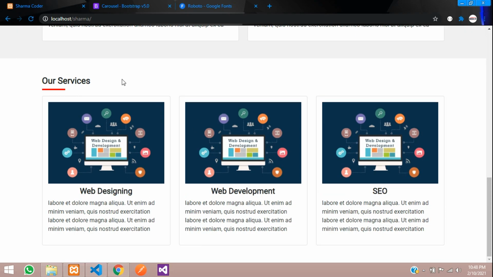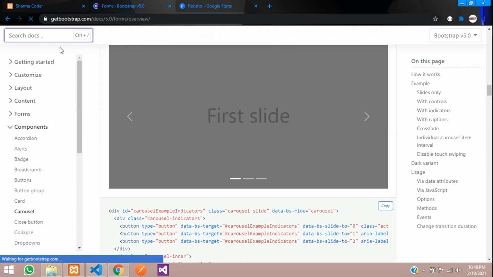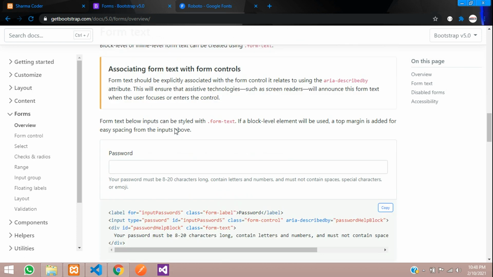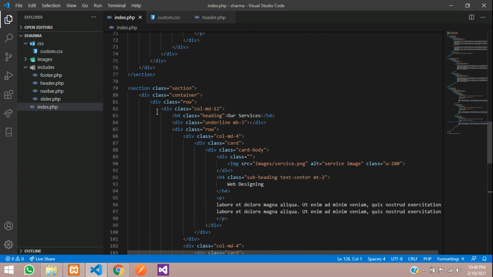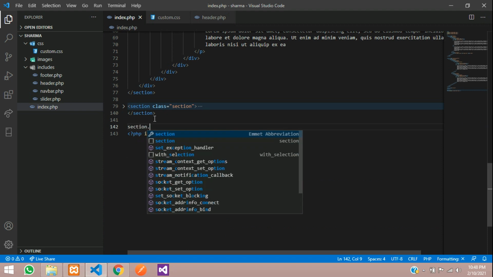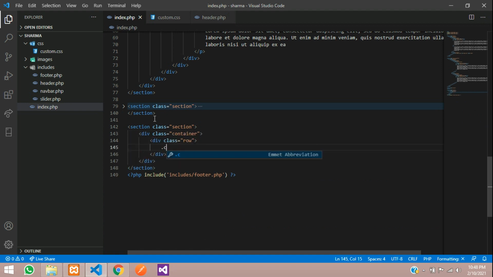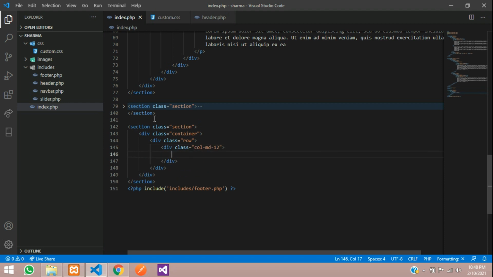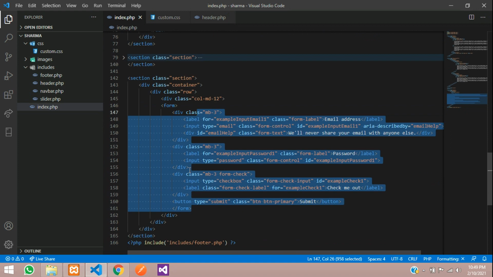Now let us create a contact form for our website. So say here form, go to get bootstrap and search for form. So you get different forms here. So we'll just take this simple thing, copy, and in the last section here we'll create a section dot section, container row column md12 and just paste the form which you copied from getbootstrap.com. Just align it,